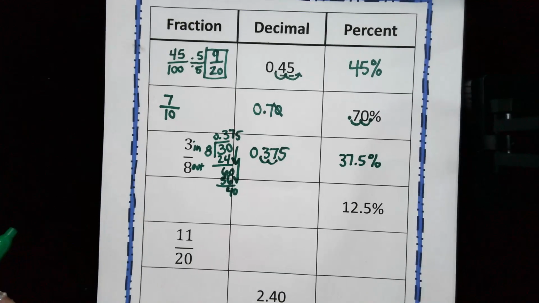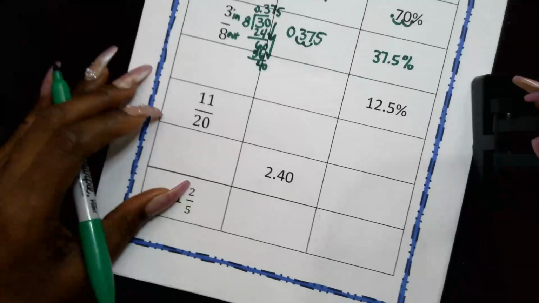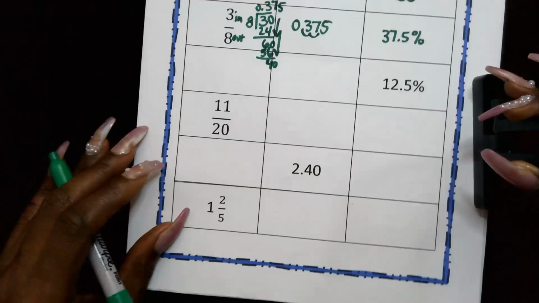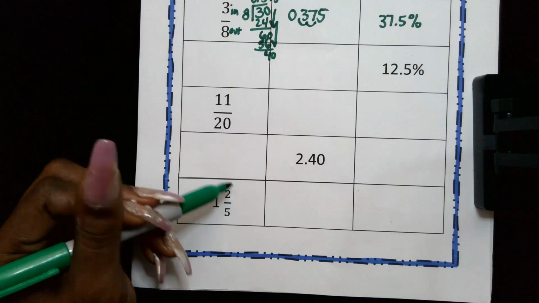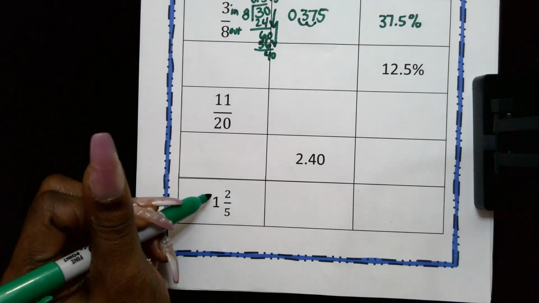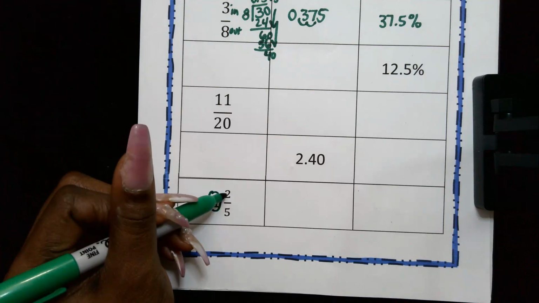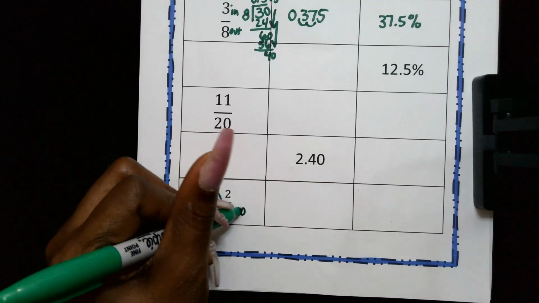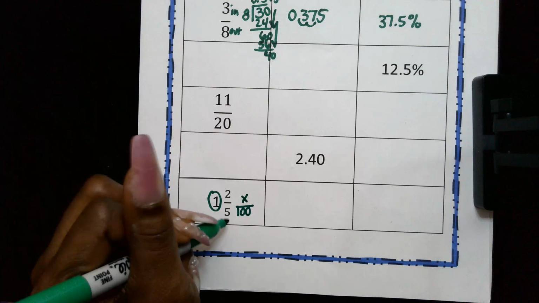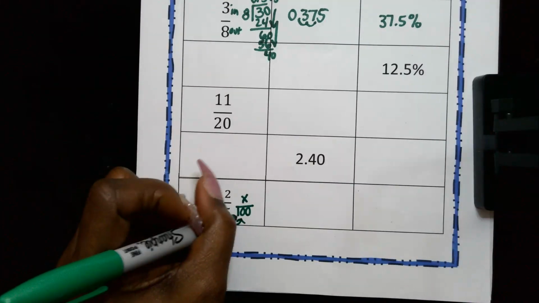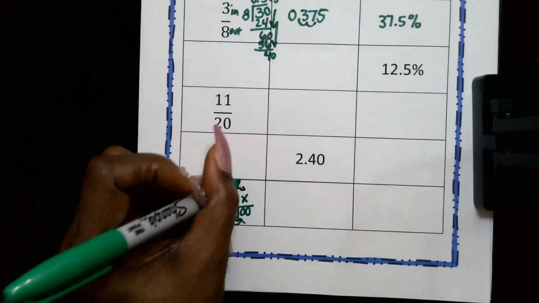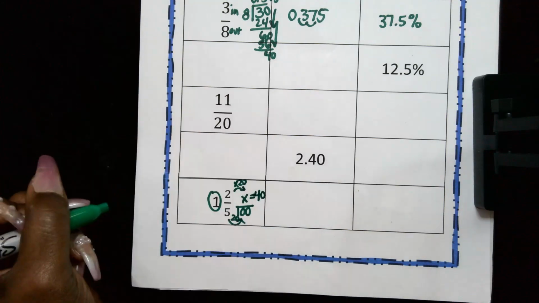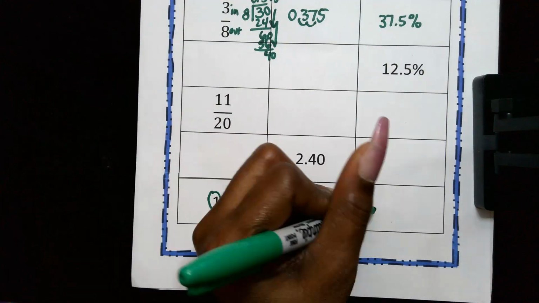Okay, let's go over one more, but let's go over one with a whole number. Okay, so let's look at this one as an example. So in this case, I know that this is my whole number, and I need to convert this into a decimal. The same way where I could do top in or bottom out, but also 5 is a friendly number, so I know that 5 goes into 100 20 times. Whatever I do to the bottom, I do to the top, so 2 times 20, that gives me 40. So in this case, that gives me 1,